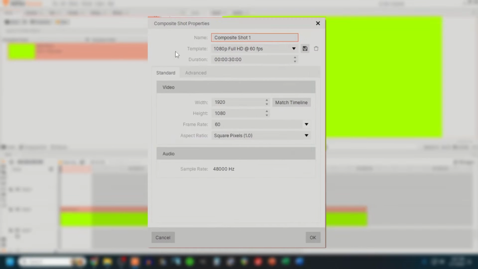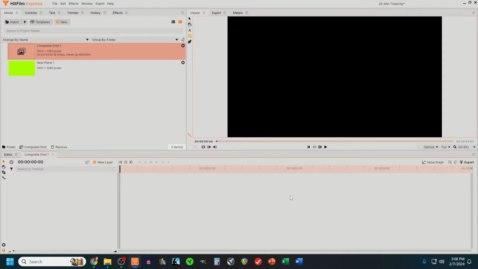And here it's very important that you make sure you change the duration. You'll see that there's 4 sets of numbers. We're only concerned with the middle 2 sets of numbers, which are minutes and seconds. Nicole wants a 20-minute video, and I like to do like a 3-second countdown, but it does start at the end of like that 3 seconds, so it will really show up as like 2 seconds instead of 3 seconds. So I put in 20 minutes and 4 seconds so that I can get that full 3 seconds in there. Once I have that done, I hit OK, and now you can see a new window opened up here